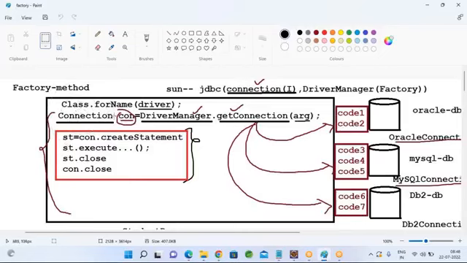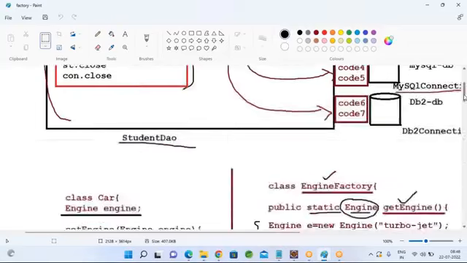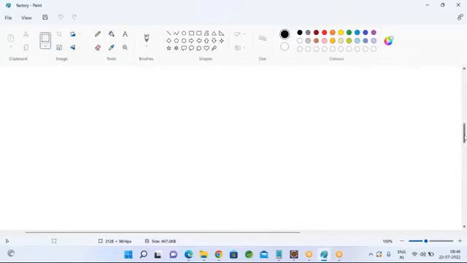Okay, so whatever other class object you are creating, that object's instantiation logic can be hidden, and it will always be delivered in the form of an interface, so that whatever subsequent code you write, your code is independent of implementation providers. In which scenario do you need to implement this? Okay, so consider you are implementing